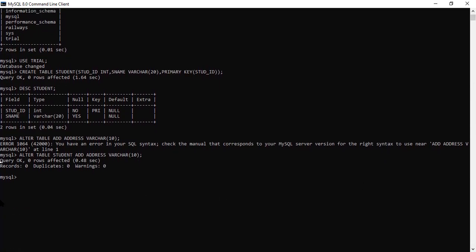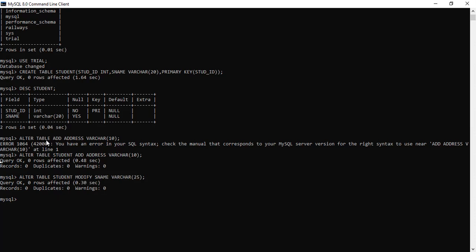Now the next command that we are going to apply is modify on an existing one. Suppose I want to increase the size of the student name to 15 characters. At that time I can use a command called modify, and there in the student name I will use here... student name is already 20, no? Let me make it 25, right?